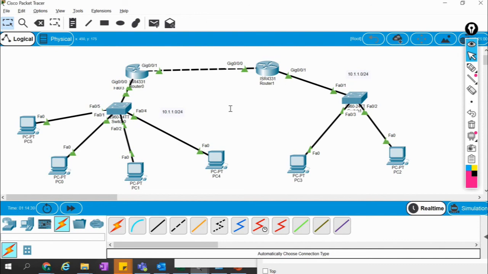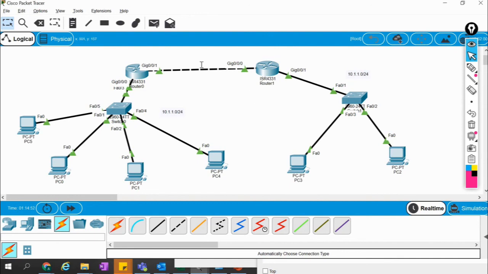Anyone? I'm really excited to hear from you. Can you perhaps configure a dynamic routing protocol? Exactly. Yeah, we can do that.